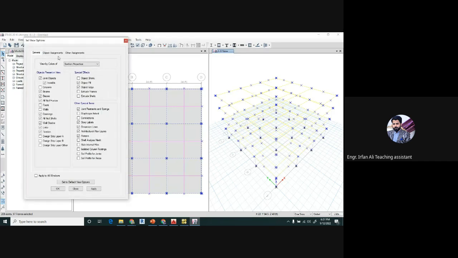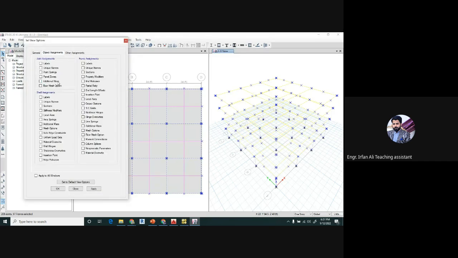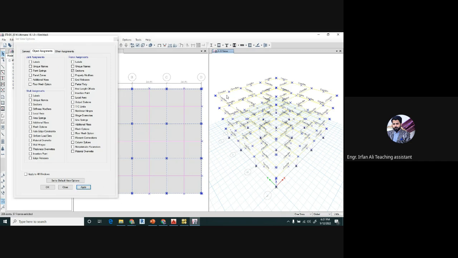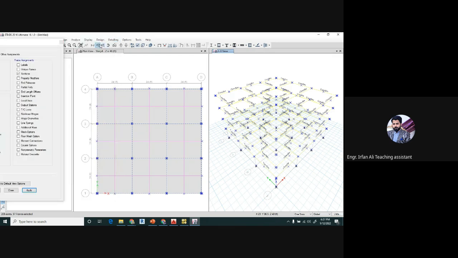There is another one, the show assignments command, in which you can see the labels of the assignments, the labels of the shells, sections that have been assigned, and many other options. Same for the frame. If you want to see which section has been assigned to beams and columns, click on section and apply. It will appear that the concrete beam property has been assigned to the beam. Just the same is for the columns. If I show the column,